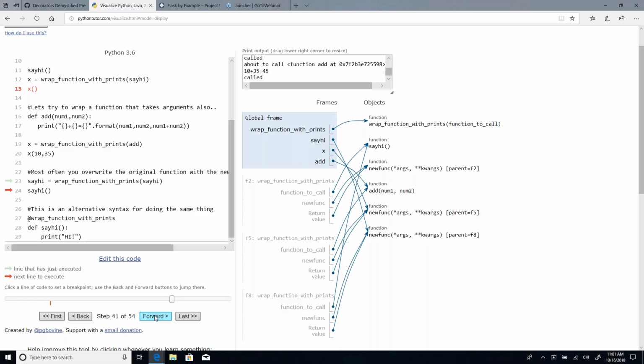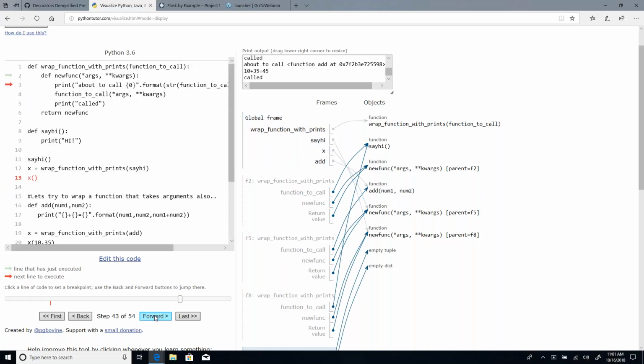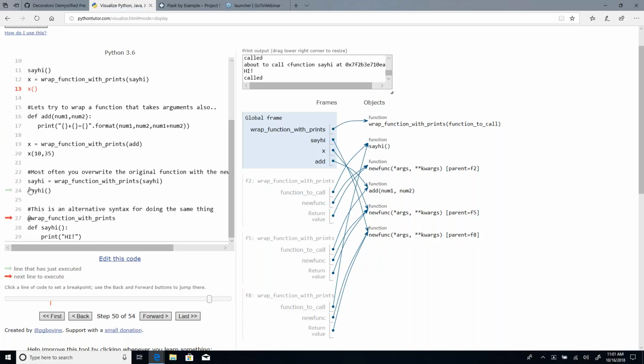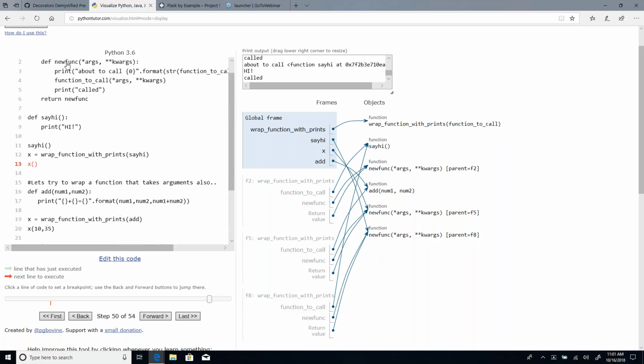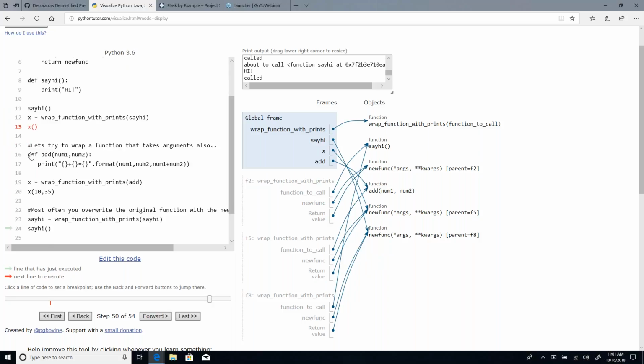So now anytime I call say hi, it will print about to call say hi. It says hi, and now it calls called. So notice this call to say hi didn't just go up here and execute this function, it executed my decorated functions